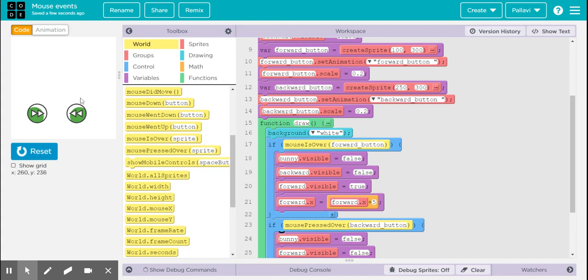If I keep my mouse pointer over the backward looking button sprite, it's not doing anything. It will perform the code only if I click on this button. Only if I click on this button, then the bunny starts moving backwards, right?